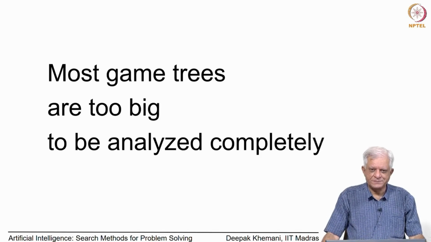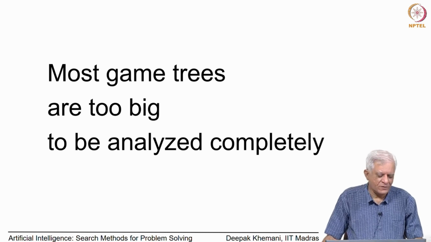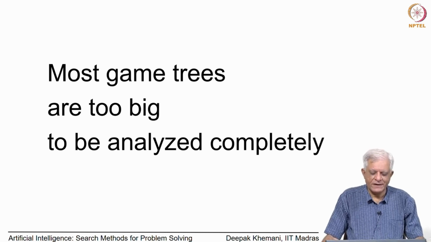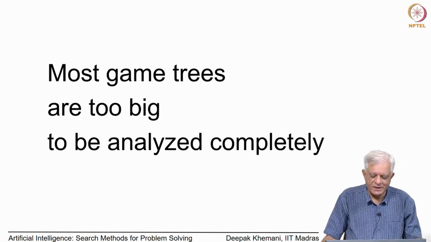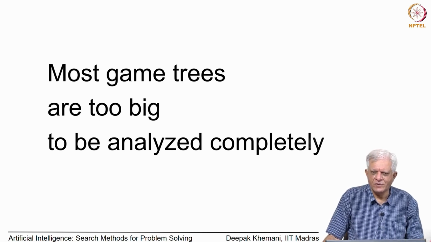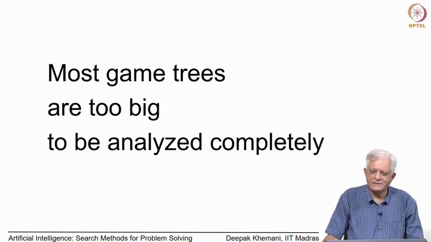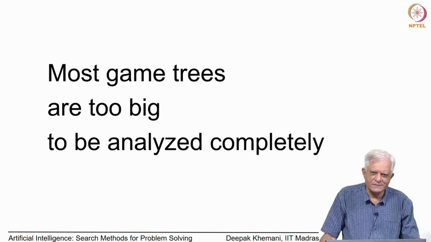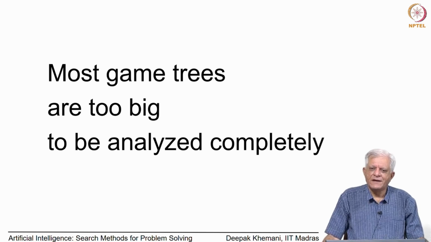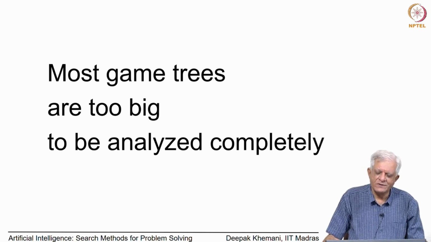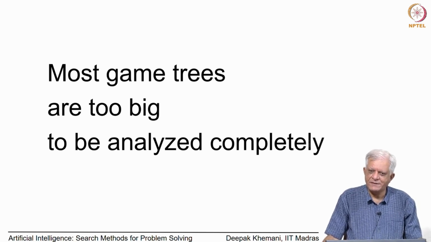So, welcome back. We have been looking at games. We started by looking at game theory and observed that these are models of rational behavior in multi-agent environments. And then we narrowed down our focus to board games, which are 2-person zero sum complete information alternate move deterministic games. And we looked at how there is a notion of a minimax value for such games and how